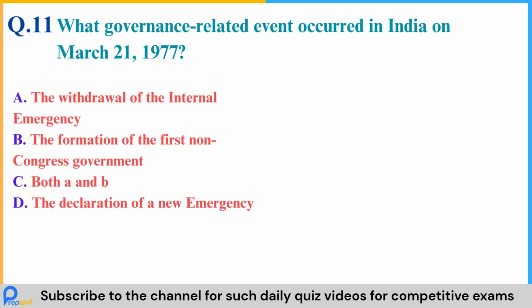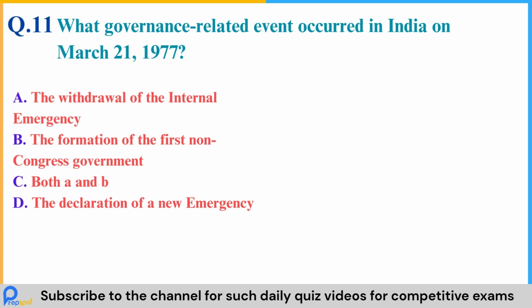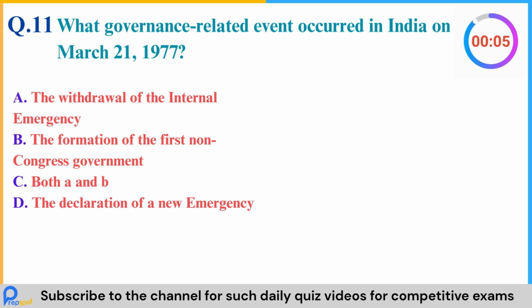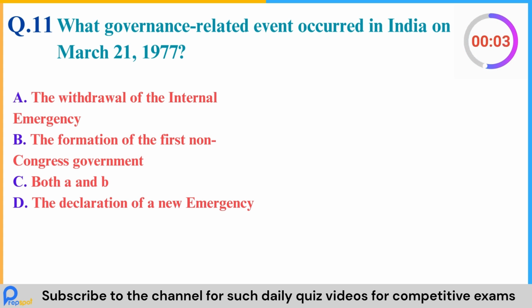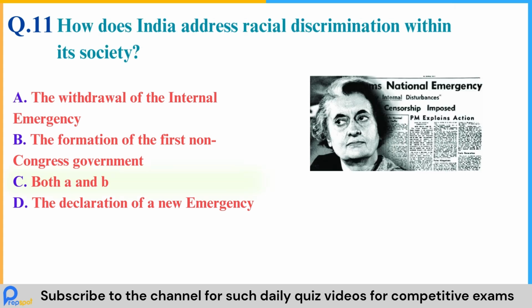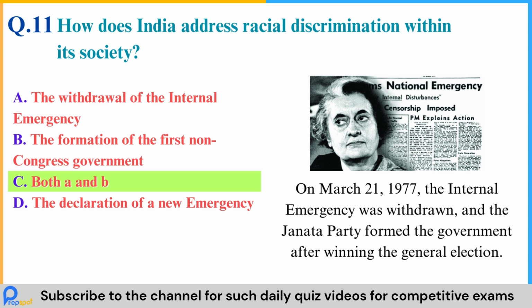A. The withdrawal of the internal emergency. B. The formation of the first non-Congress government. C. Both A and B. D. The declaration of a new emergency. Answer: C. Both A and B. Explanation: On 21st March 1977, the internal emergency was withdrawn and the Janata Party formed the government after winning the